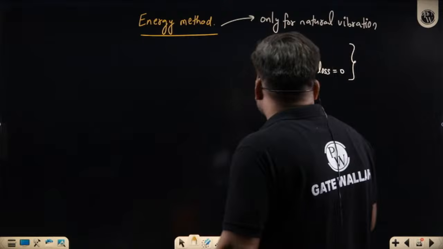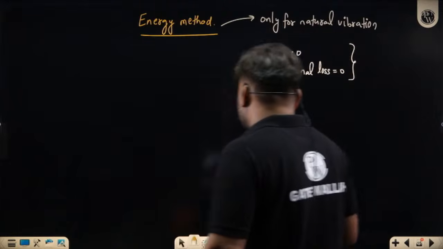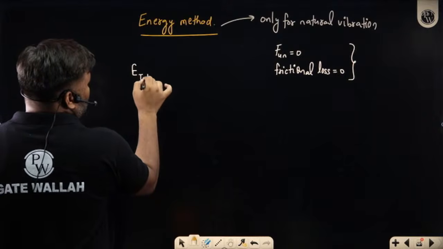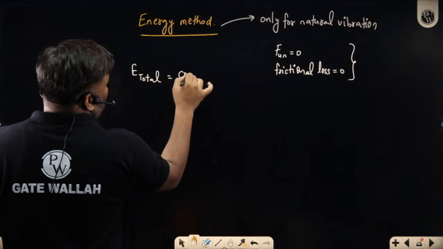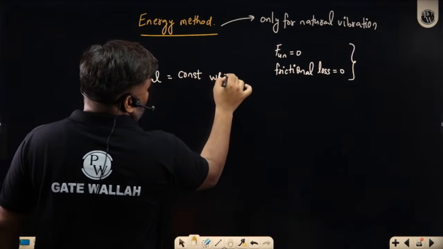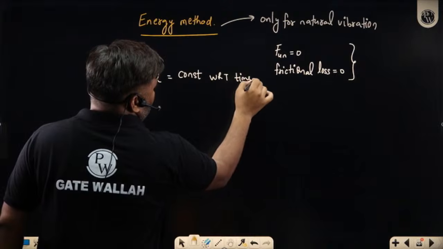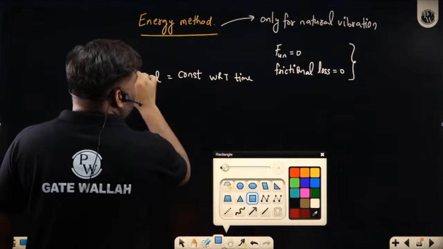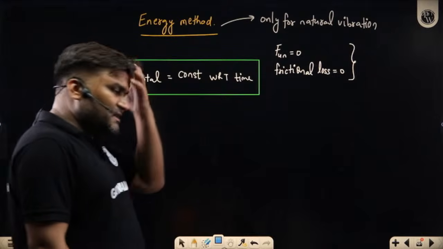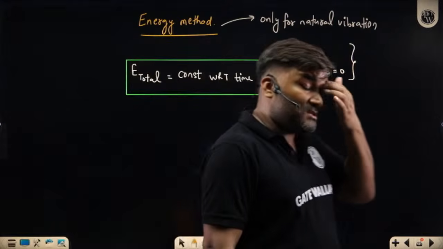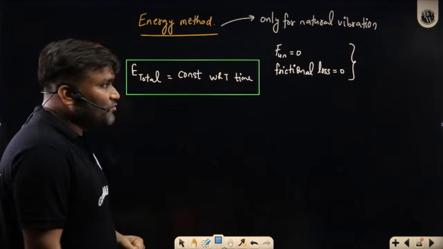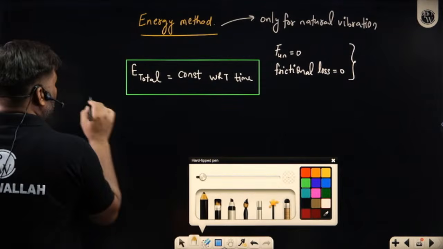So can I say my system's energy remains constant, and based on this logic, the system's total energy remains constant with respect to time. With respect to time, it is not going to change. Whatever is the total energy, just write it in any general format, but just write total energy, and that energy total summation remains constant. What do I want to say?